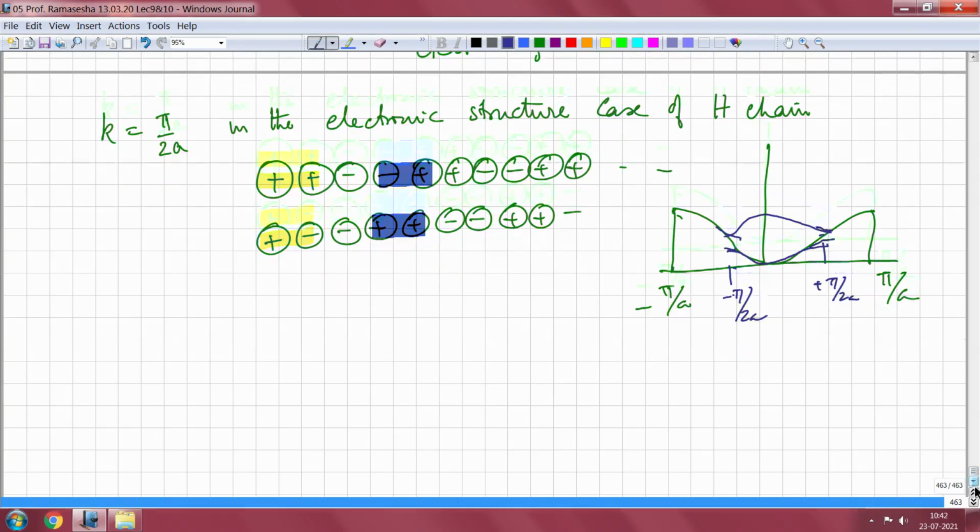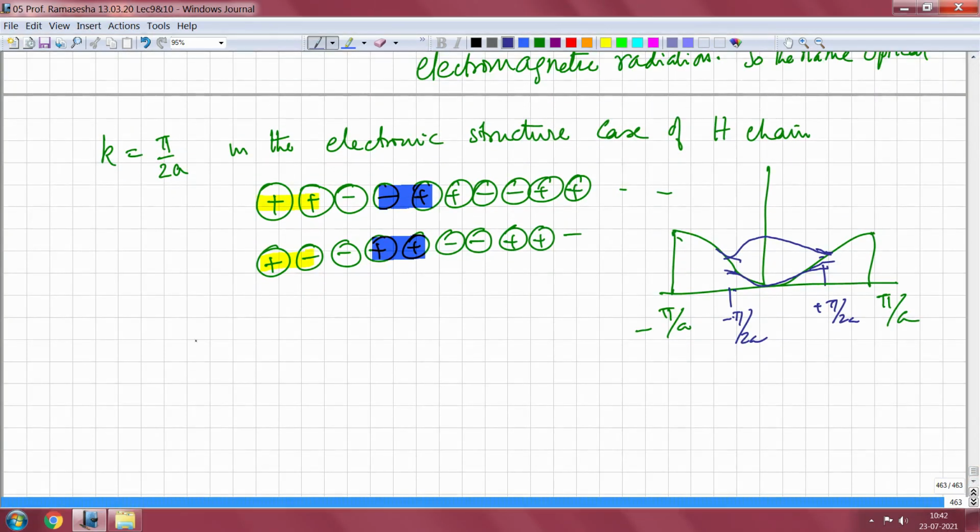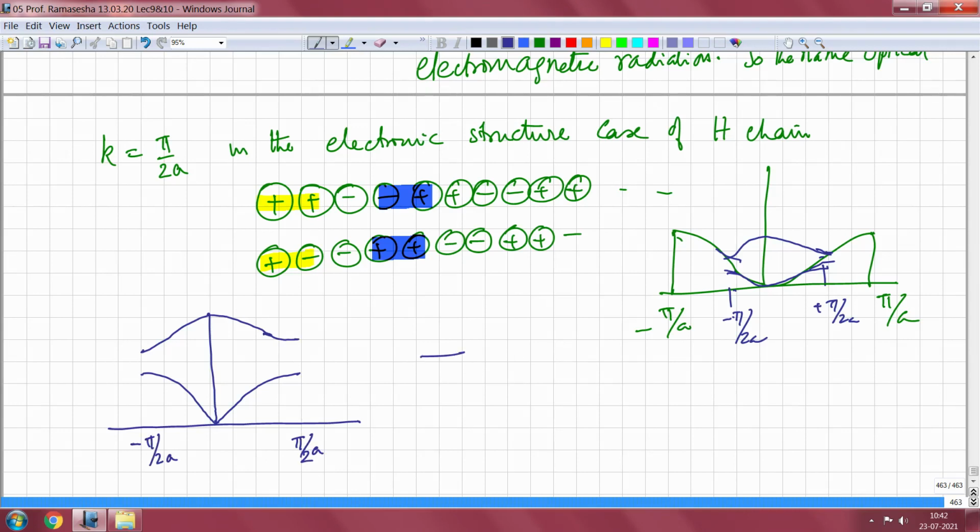Here also if you look at this dispersion curve that we have drawn, the lower band going like this is the acoustic band, and the optic band is going like that, and this is pi by 2a, and this is minus pi by 2a, and you got this one by changing the masses from this band.